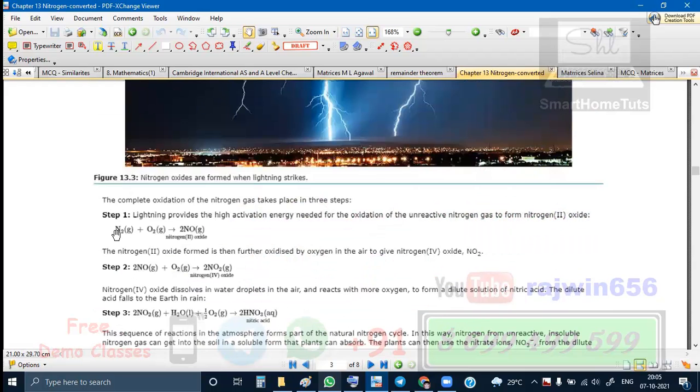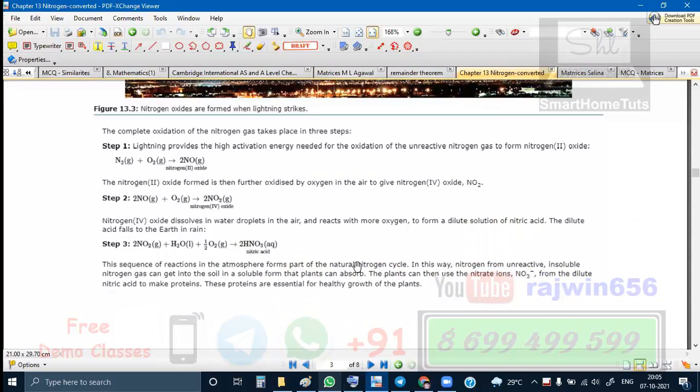So here nitrogen will react with oxygen in the atmosphere in the presence of lightning, and it is going to form nitric oxide. This nitric oxide is further oxidized to nitrogen dioxide, NO2, that is nitrogen 4 oxide, and then this will combine with water and oxygen from the atmosphere. It is going to produce nitric acid. This is how the nitrogen cycle begins. You are going to make a note of all 3 of these reactions. Okay, although it is less reactive, because of lightning, it is made to react.